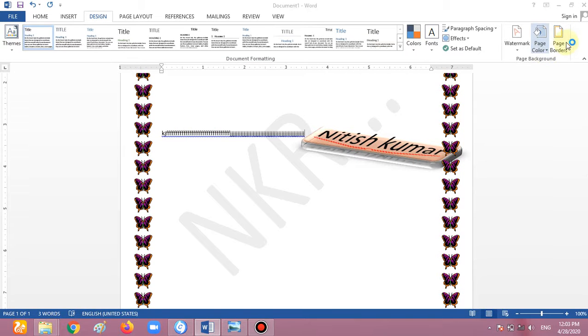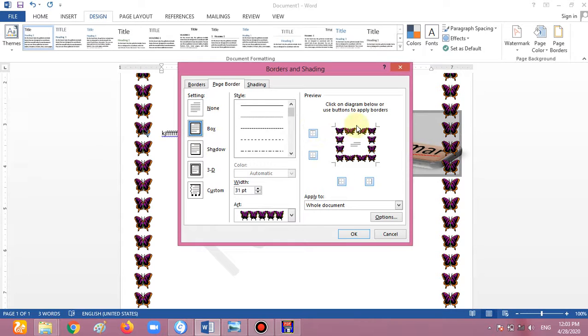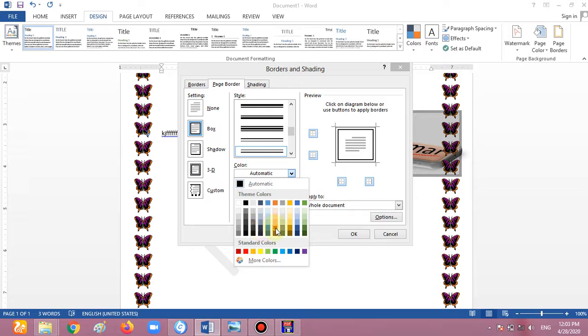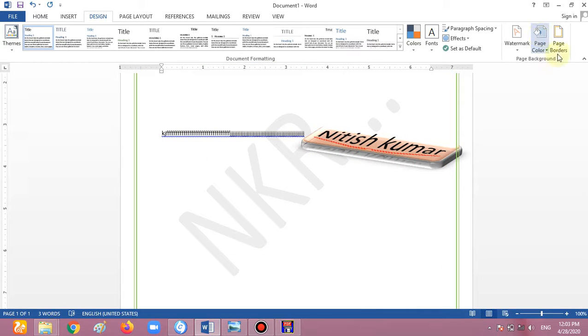Okay. There are so many functions also given in the page border. If I don't want to give the upside, then I remove the upside. If I don't want the bottom side, then I remove the bottom side. Now I want the bottom side, then I give the bottom side. I don't want the left side, then I remove the left side. So this type of format is also given. We can also use the line. There are so many other functions also given. The line, another shapes. Also the color for the lines. I want a different color for my line, then I choose a different color for my line. These things are also given in the page border.